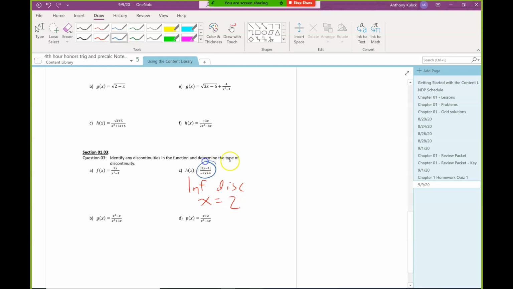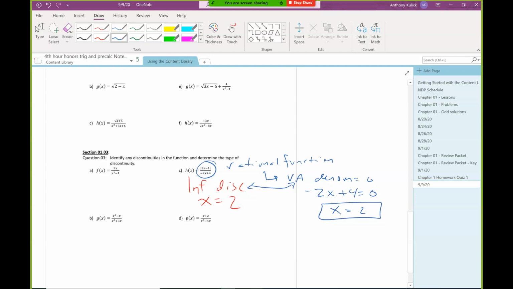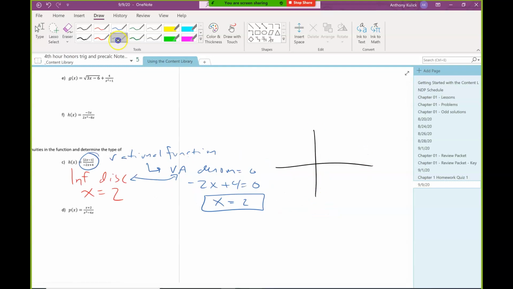Alternatively, if I was going to do this algebraically, I would notice that this is a rational function, which has a vertical asymptote where the denominator is equal to 0. That vertical asymptote is a type of infinite discontinuity. So I could just say, okay, I'll just take the denominator and set it equal to 0. And that'll give me x equals 2 also. Okay, so just from a picture standpoint, can we do it that way? Okay, so an infinite discontinuity